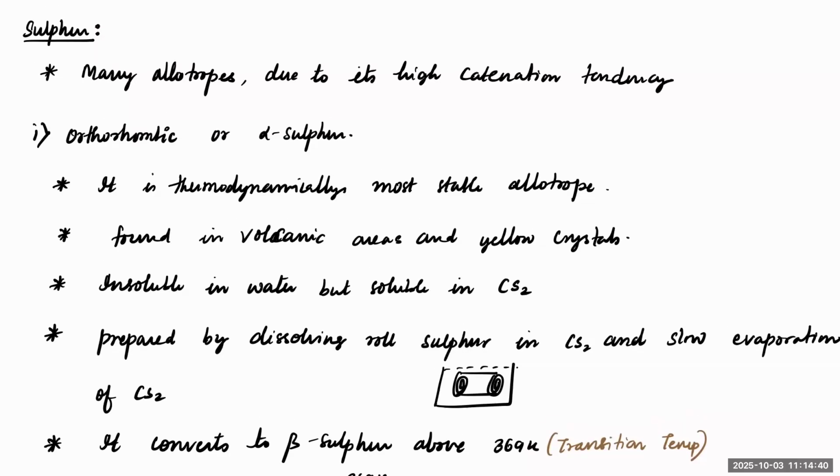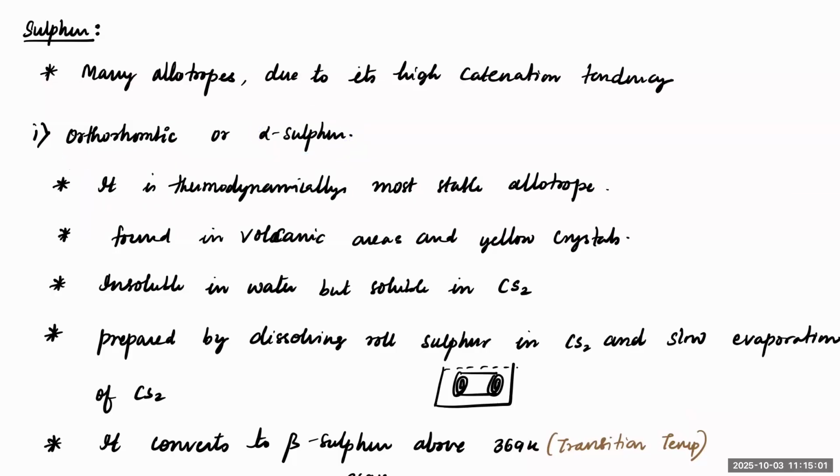See, in group 16, sulfur has many allotropes due to its high catenation tendency. That means sulfur single bond strength is high. Yes. And out of many allotropes, the ones which are more important are alpha sulfur, which is also known